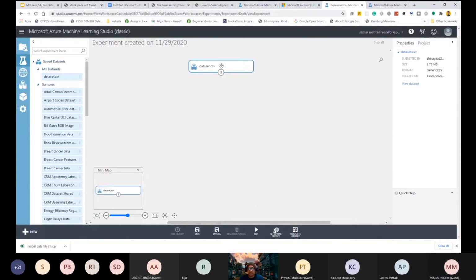Now, for visualizing the data, to see what things are in that data or what features there are, we just have to click. One second, please. I'm doing this on my phone right now to the best of my efforts, but I don't seem to be able to drag the dataset file onto the main experiment screen. Are you not able to drag that dataset.csv file? Nope.